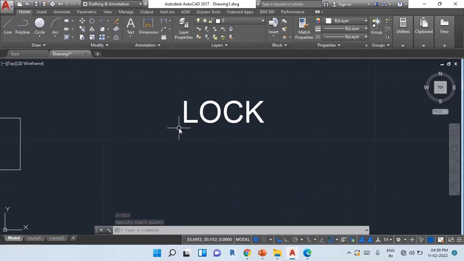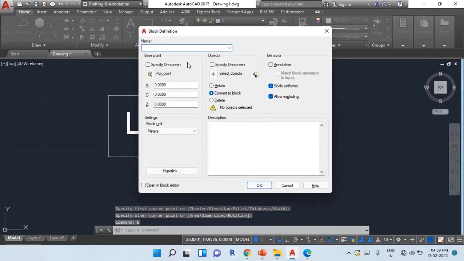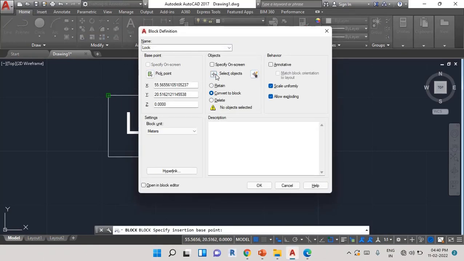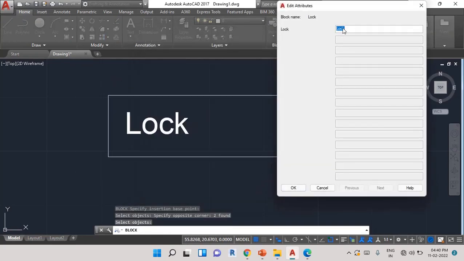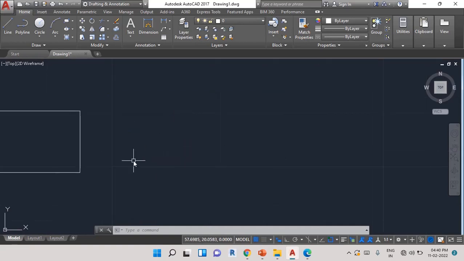Click OK. Insert here. Create a rectangle and convert into a block. Take a pick point, select an object. OK, and the default value is here. Then you can see the attribute text is set here. We cannot move it. If lock position is not selected,